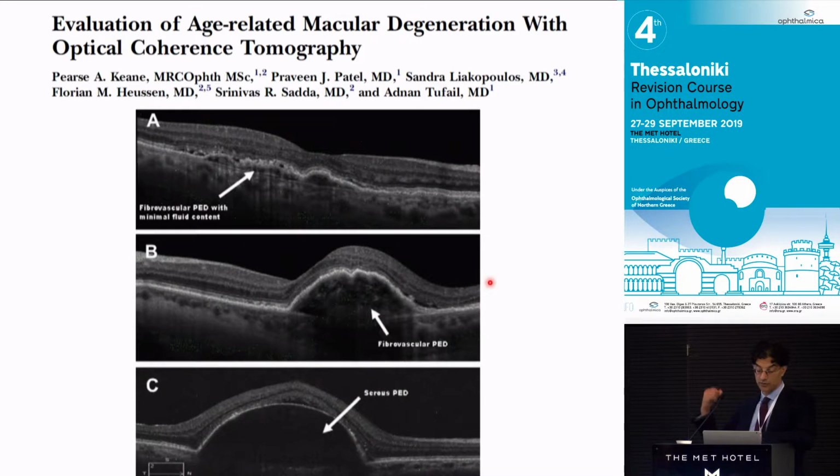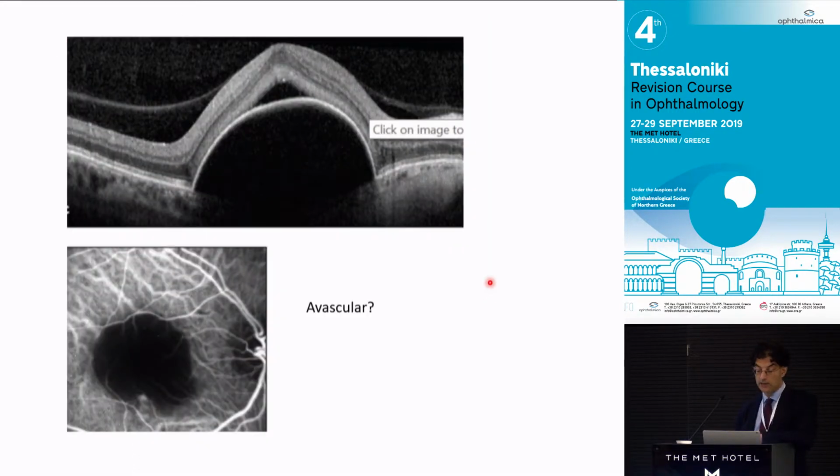And we've described a lot of these features in this review article here. The problem with just looking at OCT alone, you have to be disciplined. You have to look at every single slice of the OCT, and those slices have to be close together. So here, if we look at this, smooth domed elevation, evenly hyperreflective, you can have a vitelliform or